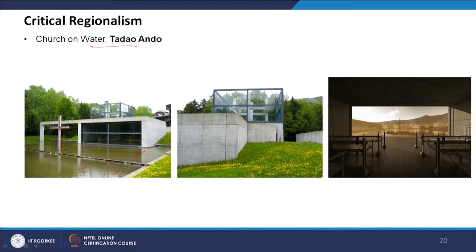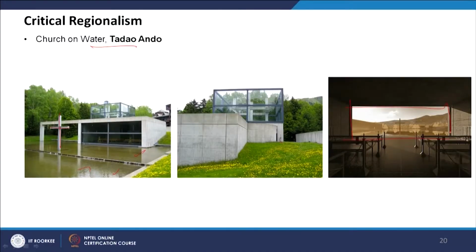So you look at the natural setting. The natural setting becomes a part of this wall in the design. This part, which is the main facade, and people will look at that part, is the nature. So they will look at the nature, and his design, which is the main element, the church cross, is on the natural element, which is the water. So he's blending the nature into his design.